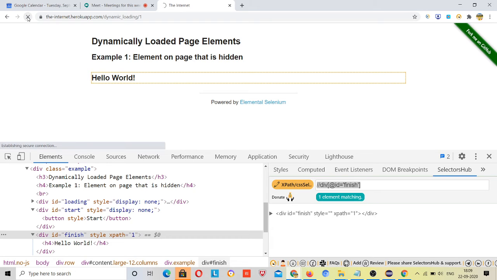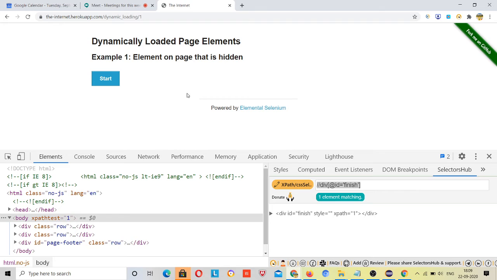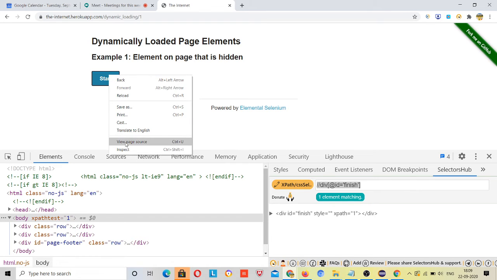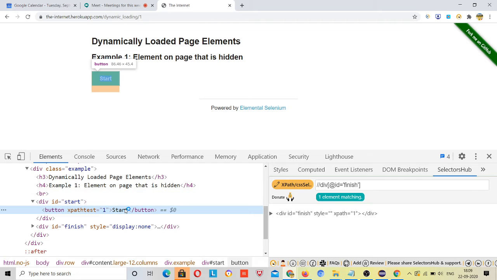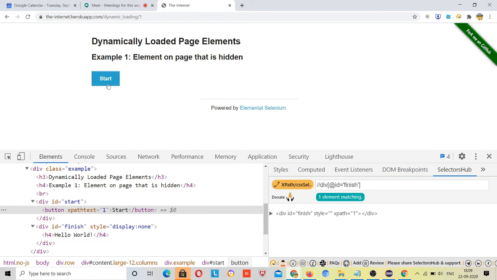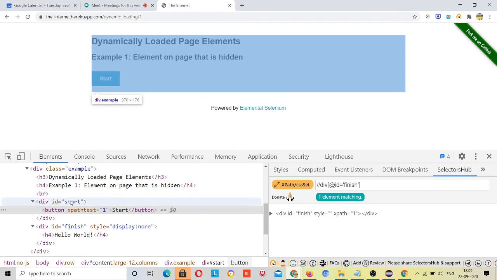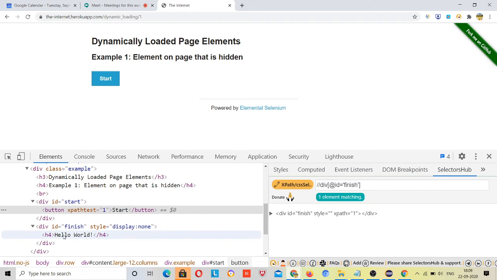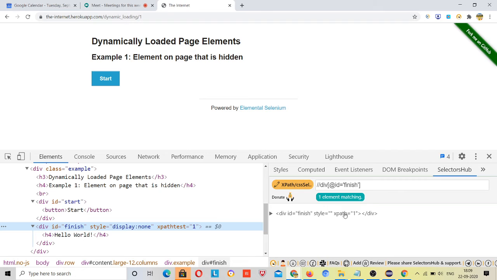See why it happened: it grabbed the text but printed null. What is the problem with implicit wait? It printed with Thread.sleep. I will reload this page. Now if I inspect the start button, see, we already have this hello world present without clicking on it. So this hello world is static in my code. The DOM, the document object model, the HTML code, and this particular tag are present. This XPath will be present without clicking on this button also. Let's use the XPath.